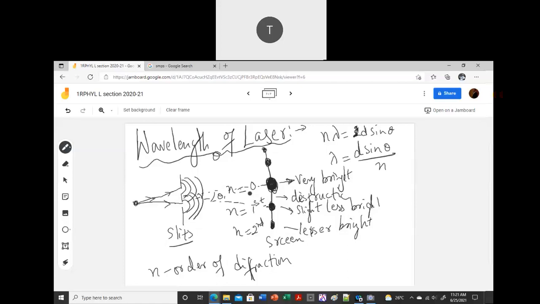If I take the angle between the second order, which can be your bottom one or your upper one, and the zeroth order, that is called theta 2. In that case I have to use n equals 2. So these are the different things: the order and also what theta is. These things you need to know. Then we are going to do the experiment. If you take a laser light, I will go to the next one.